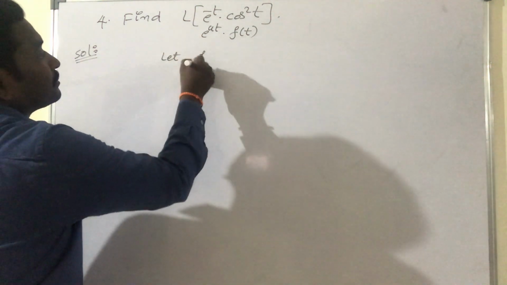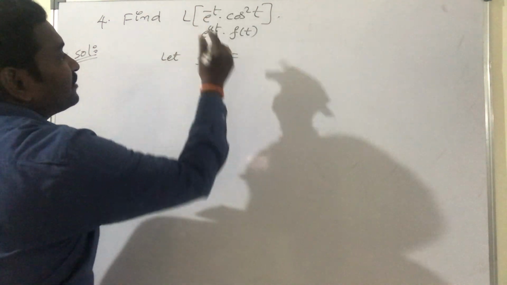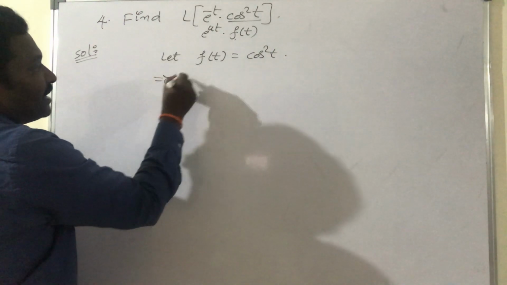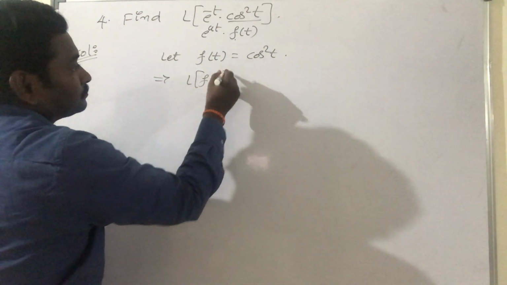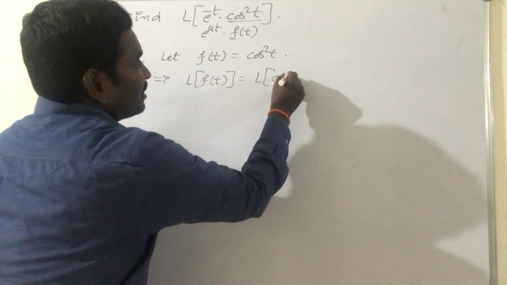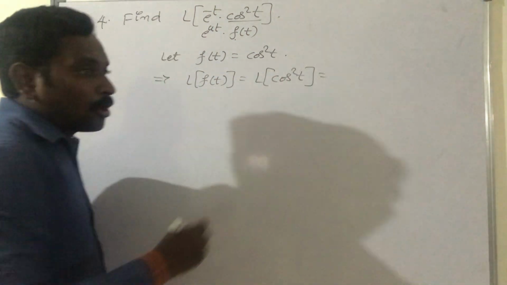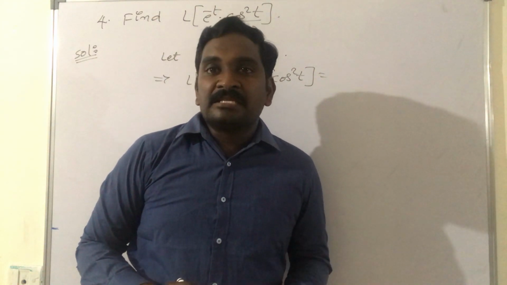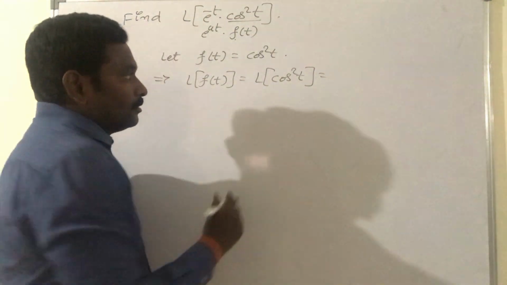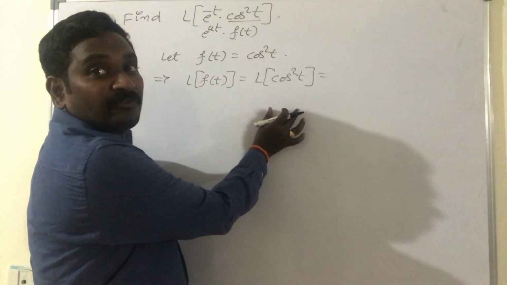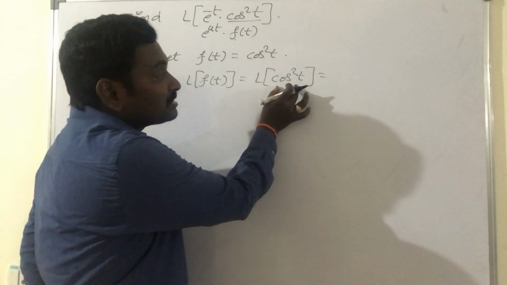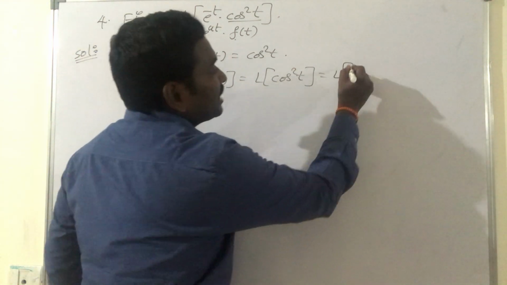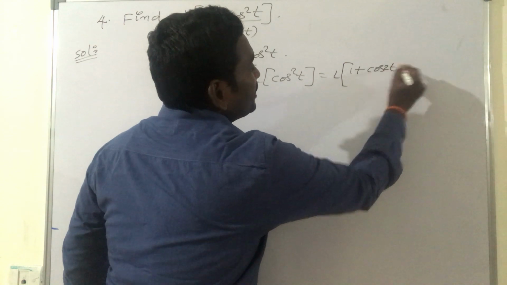That's why first find out Laplace transformation of the function f of t. Here we are observing that f of t is cos square t. So find out L of f of t, L of cos square t. So how can we find out Laplace of cos square t? In the earlier session we already practiced this type of problems. Actually we do not have the direct formula for L of cos square t. That's why I reduce this term to another term by using a trigonometric formula. Cos square t can be written as (1 plus cos 2t) by 2.